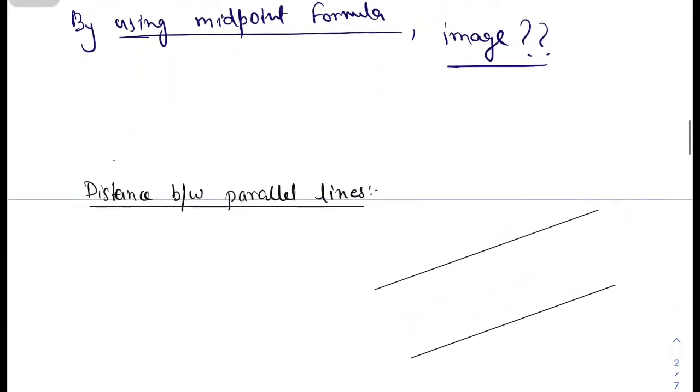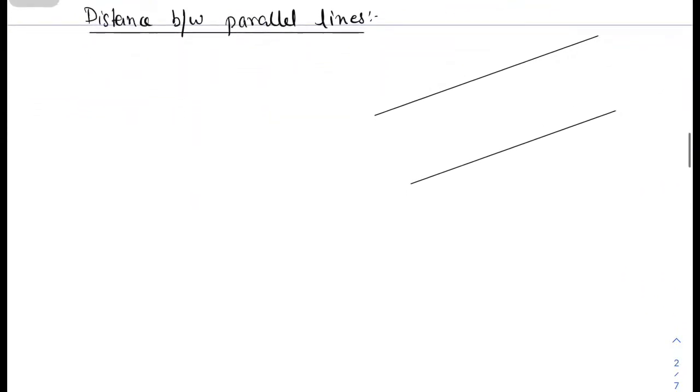So moving on to the next topic, and that is how to find the distance between two parallel lines. Let's say we are given two lines as r equals a1 plus lambda times b, and r equals some a2 plus lambda times b. Okay, these two lines are parallel, so I am taking the parallel vectors as the same vector. Many will be confused by seeing this lambda and lambda at both places. So these two lambdas are not the same.